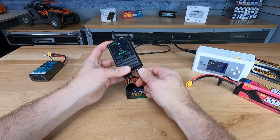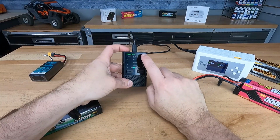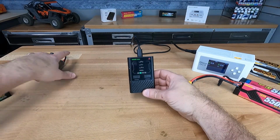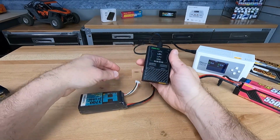All right, now let's go ahead. Connector's a little tricky to take out, and we'll try a different pack. Oh, there's the interruption that gives you a little warning there if something happens to the battery pack. That's pretty cool. We'll reset it by unplugging it, plug it back in, and now we'll go and charge up